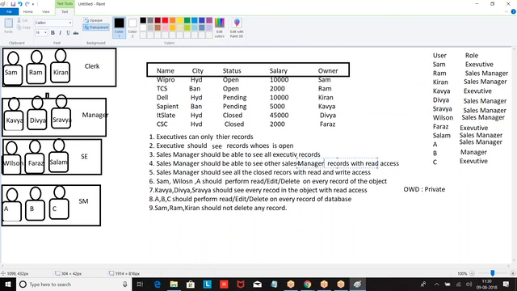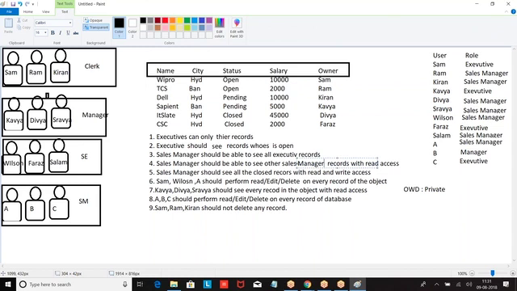Sham, Wilson, A belong to three different profiles. So what should I do? Go to permission set, create a permission set with modify all, then give that permission set to Sham, Wilson, A. They will get delete permission, read and edit on every record.